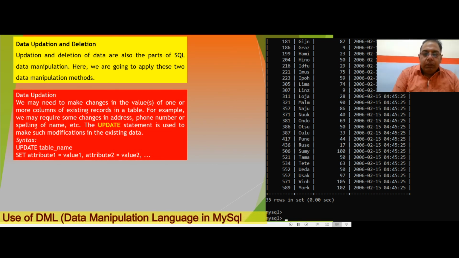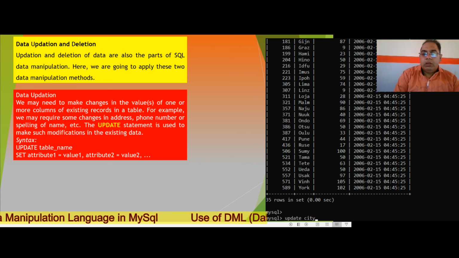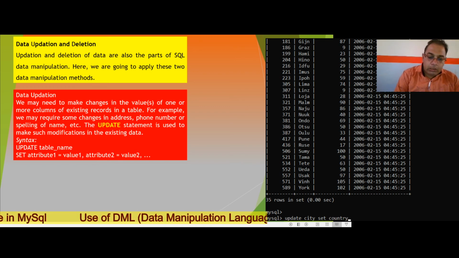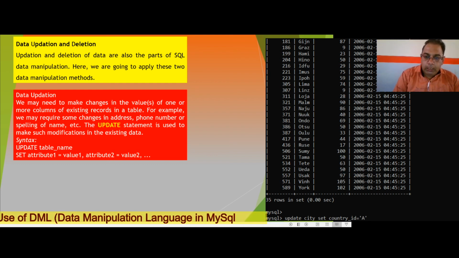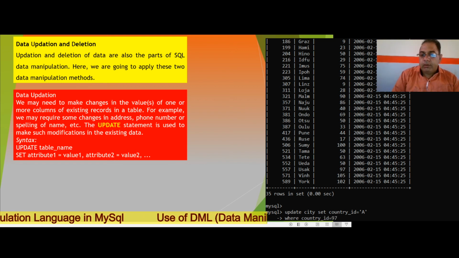For example, in the above table, I want to update a value, and I will just write down update city, then set the name of the attribute, set country underscore ID equal to A, where country underscore ID equal to 97.